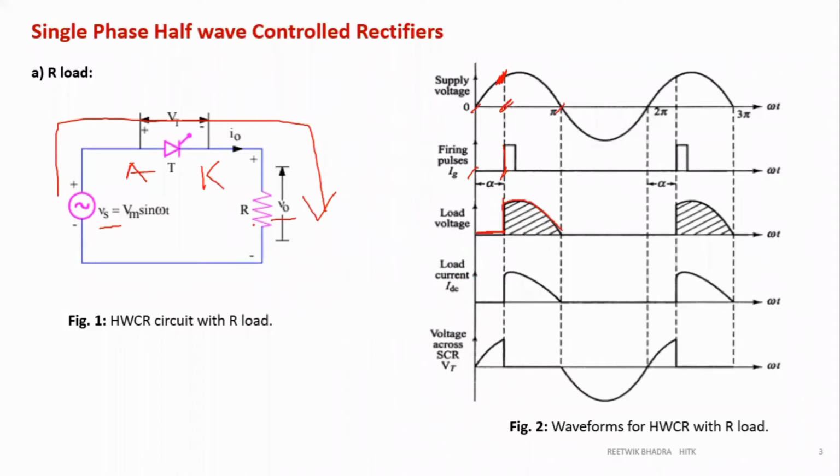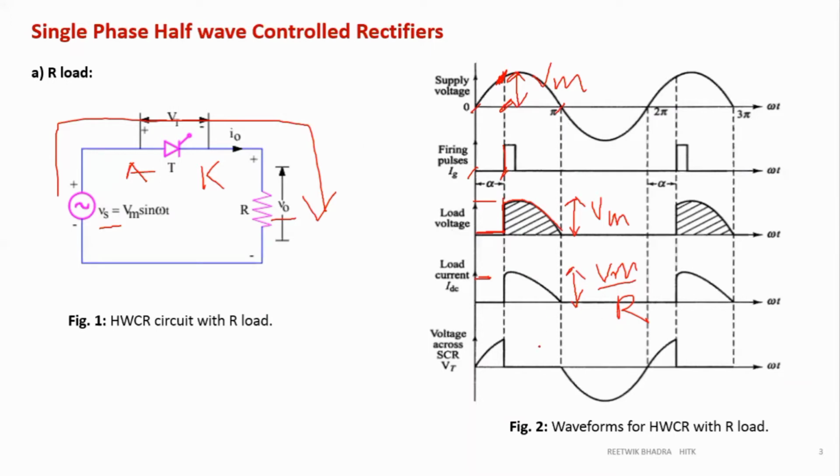What is my current? Since it is a resistive load, it will follow my load voltage only. So whatever my voltage is, I have drawn it. The only exception you should keep in mind, please mention this in your exam copy also: the peak value of this will be Vm. That means the maximum value at 90 degrees, it will be peak, right? So how much is my peak? Vm. And what will be the peak value of this current? It will be Vm by R. So if you are showing some magnitude over here, show it a little bit smaller over here, because it is Vm divided by R. That will be a good representation. So please look into this.